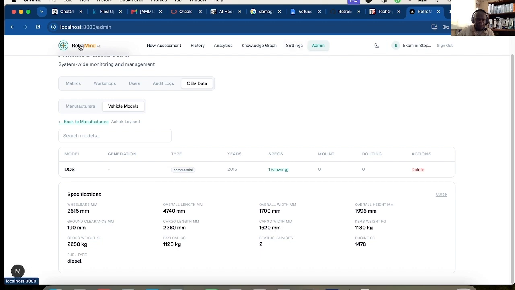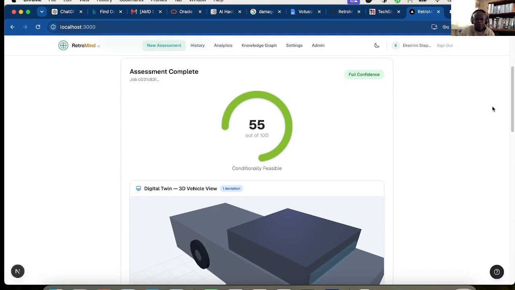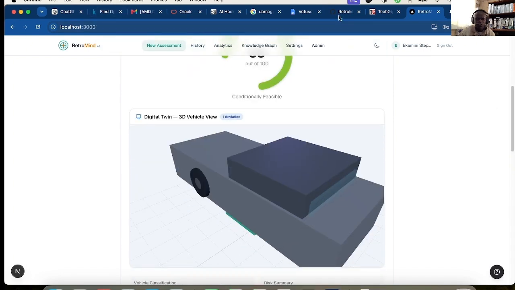This is basically what a retrofit mine does, and we can show here our